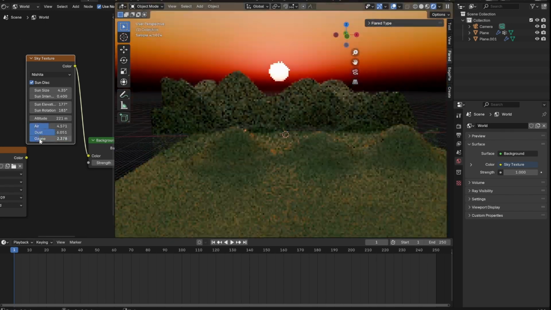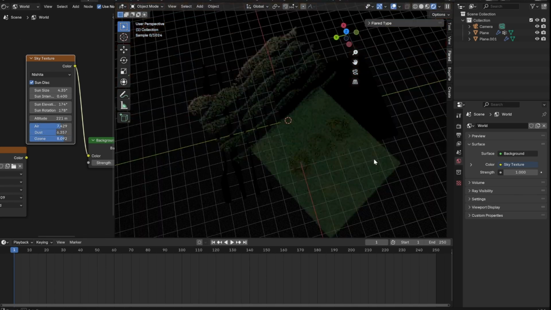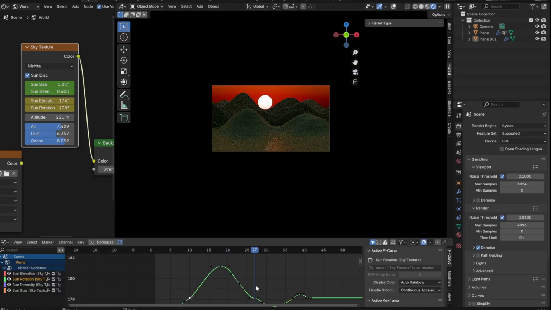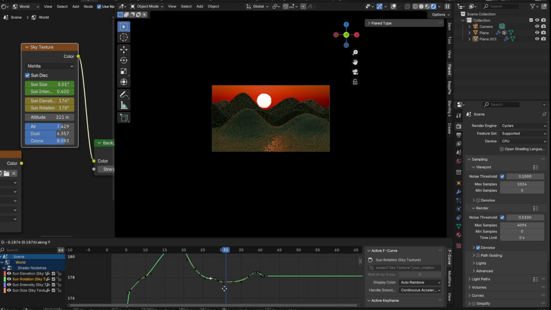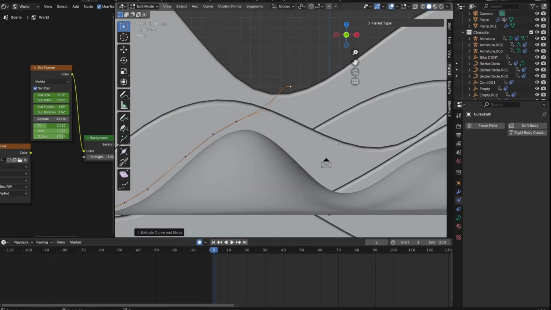Once I was happy with the camera angle and position, I animated the sun to drop from the sky and roll between the mountains, landing in place in time with the music. This was an idea that I had in the moment when I was trying to find a good position for the sun in the shot, and decided to add it to the shot as it solved my issue of creatively transitioning to sunset. I then used a curve to guide the motion of the bike and animated along the curve,